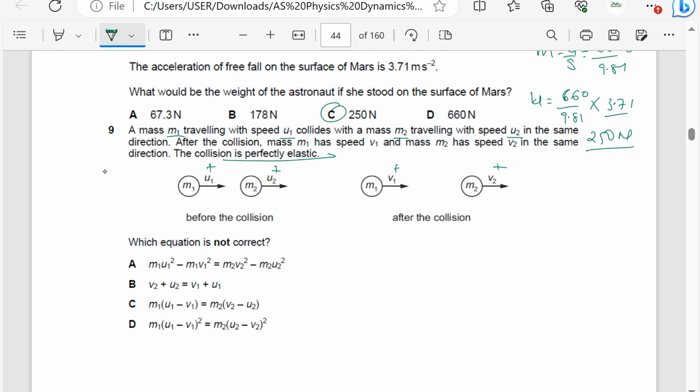Let's check. U2 minus U1, that is relative speed of approach. So V2 is bigger than V1, so we shall say V2 minus V1, that is relative speed of separation. So U2 minus U1 is V2 minus V1. So we are having that V2 minus V1 is the same as U2 minus U1. So it can be V2 plus U1,